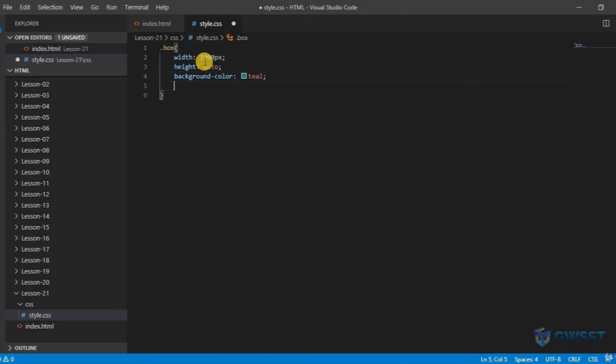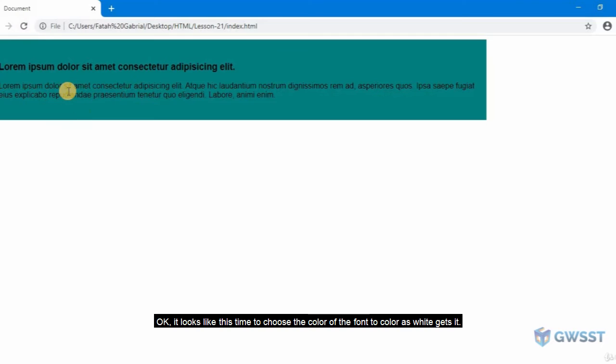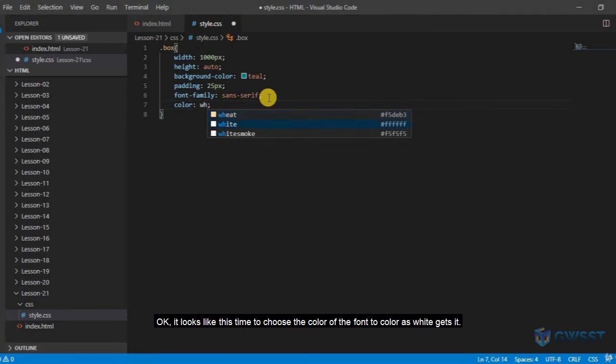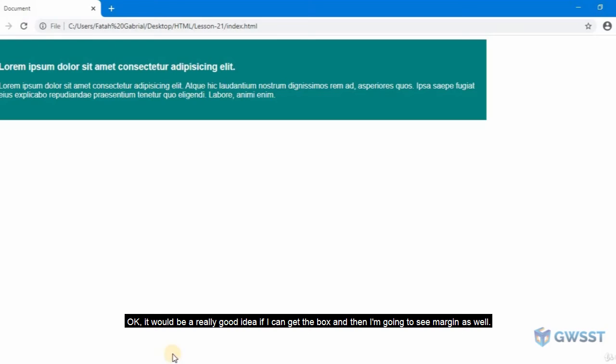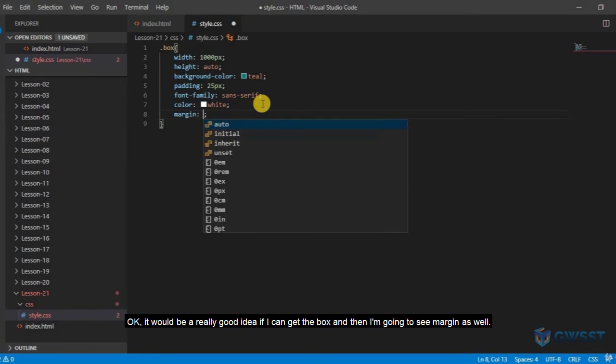I'll say the padding is 25 pixels, font family is sans serif. Okay, so let's see how that looks. If I refresh, okay, it looks like this. I need to change the color of the font, so I'm going to set color as white. Let's save this. Hit refresh. Okay, it would be a really good idea if I can get the box in center. So I'm going to say margin as auto,